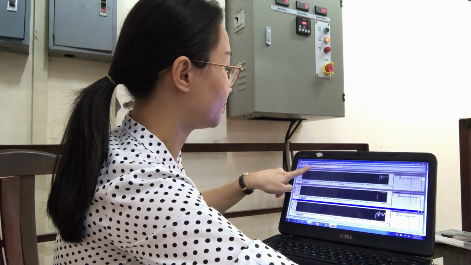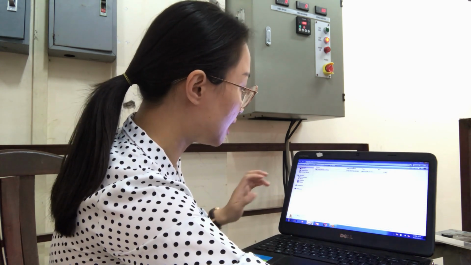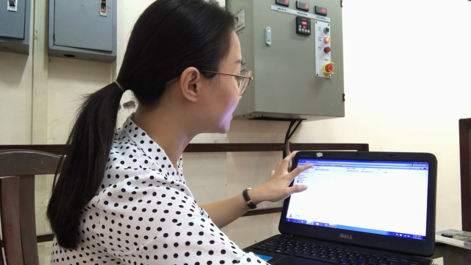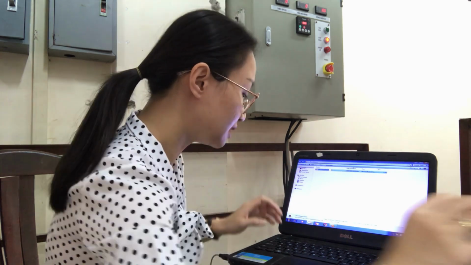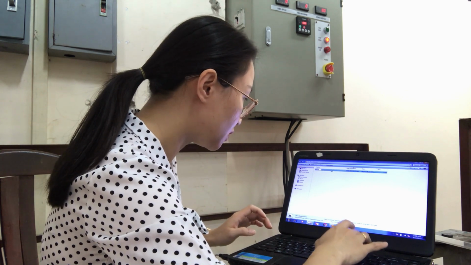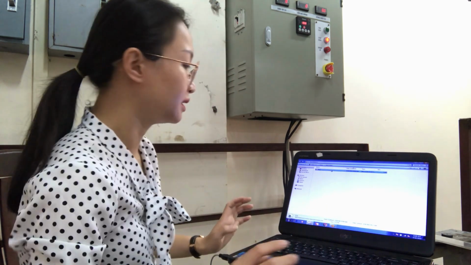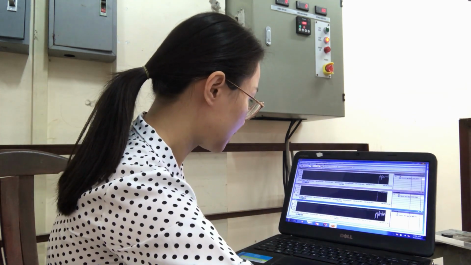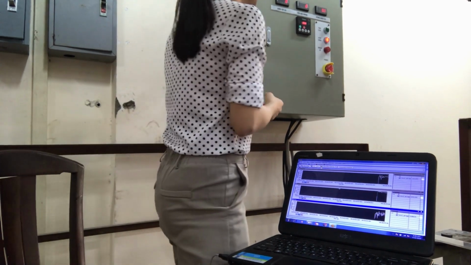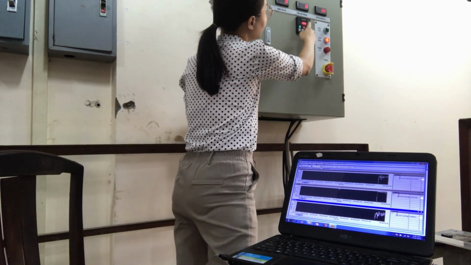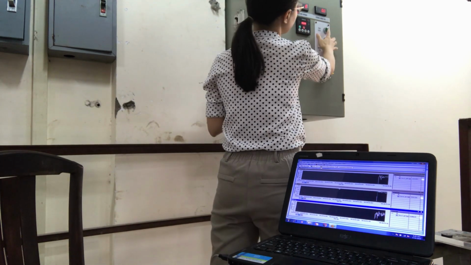After 1 minute, press stop to save the data. Your data will be saved automatically in the 3 pylons folder on the desktop. You save your data with 0 frequency. And then change the frequency to the value you want to measure. Then press run